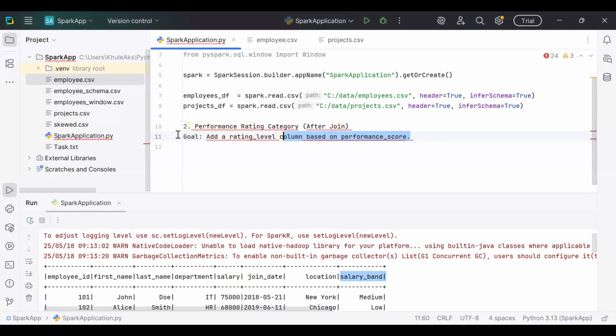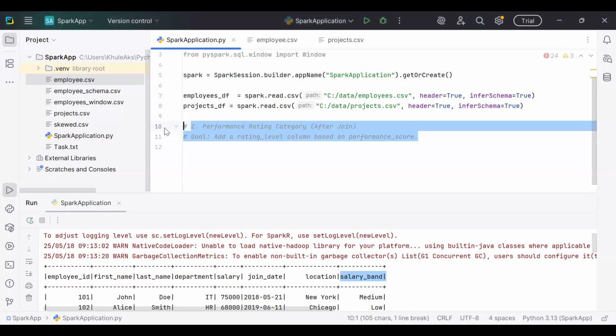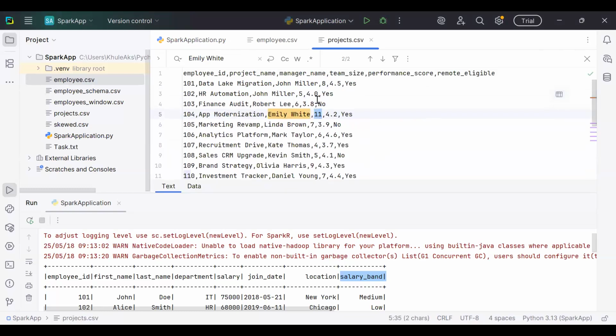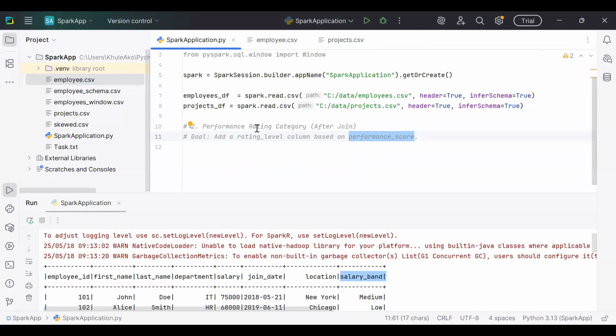Our second goal is performance rating category. Okay, so of course we need to apply a join. So the goal here is to add a rating level column based on a performance score. So there is a performance score, right? You see performance score 4.5, 4.0, 3.8, right? What is the problem statement saying? We need to add a rating level column, but